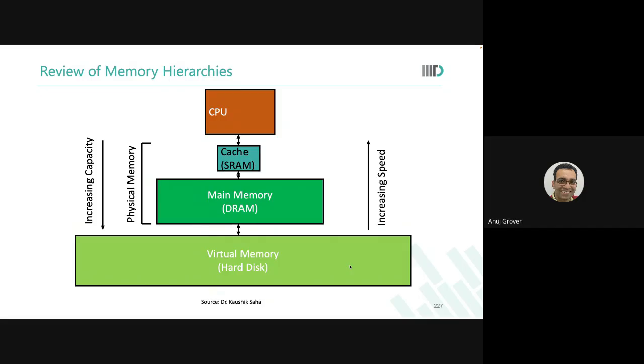So beyond what is there in the book, beyond what is there in the dated slides, it is important to understand that the need for hierarchy exists and is becoming stronger every passing day. Because we need larger memories, because we know that memories have analog elements in them which do not scale in terms of performance, in terms of offset requirements. In fact, their offset requirement may increase. And that is okay. So that is also the reason why there is continuous innovation happening in memory design. Because technology doesn't let you scale in performance. The technology doesn't help you improve performance. But the user expectation is that performance will improve.